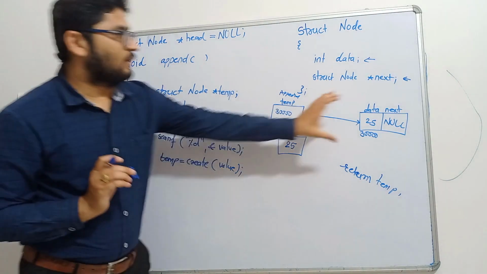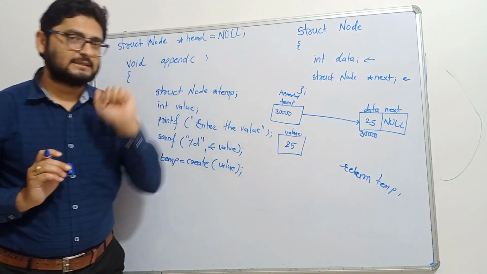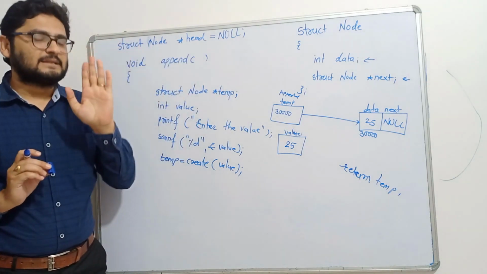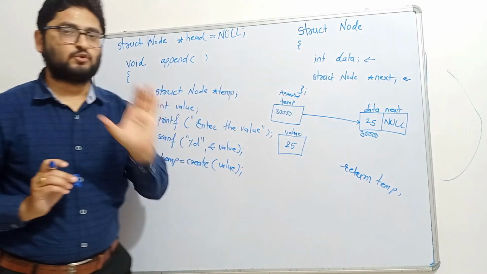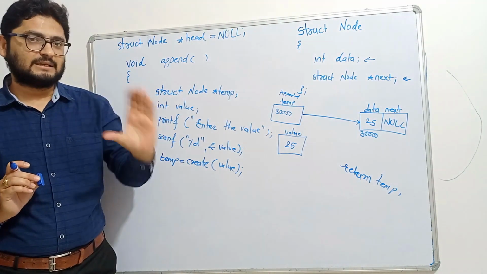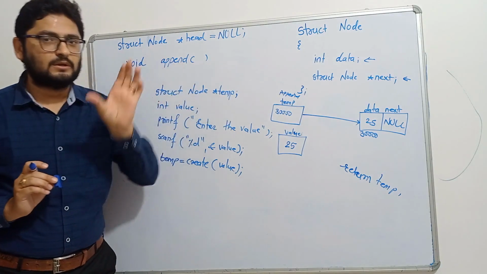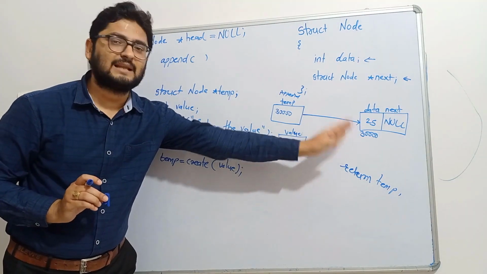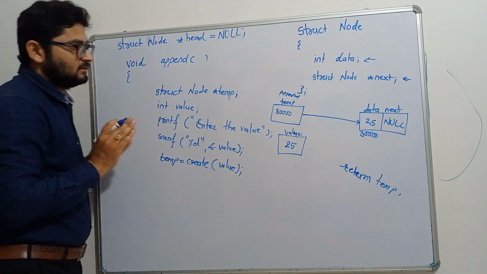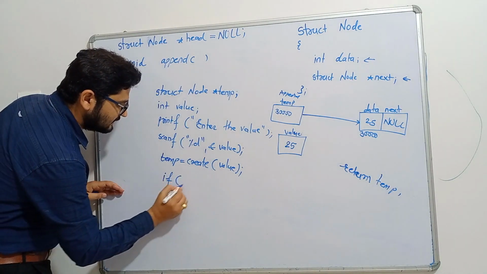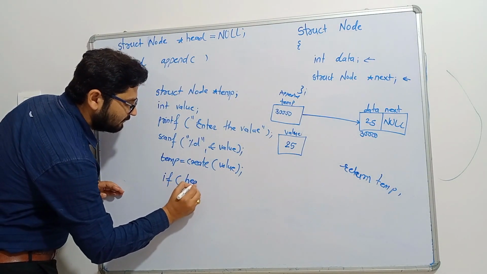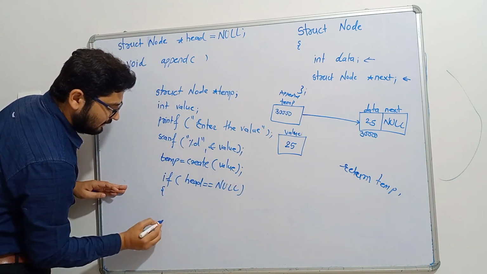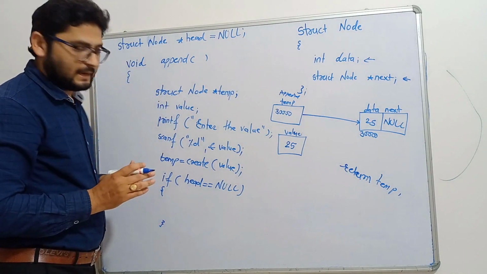Now we want to add this node at the end of the linked list, but before that we have to check whether the linked list is empty or not. If the linked list is empty, then this node is going to be the first node in the linked list. Obviously, if the linked list is empty, then the first and the last node will be this node only. After inserting this node in the empty linked list, this will be the first and the last node of the linked list. So for that I have to check if the linked list is empty or not. For that I have to write head is equal to null. We know that if head is equal to null, that means the linked list is empty.